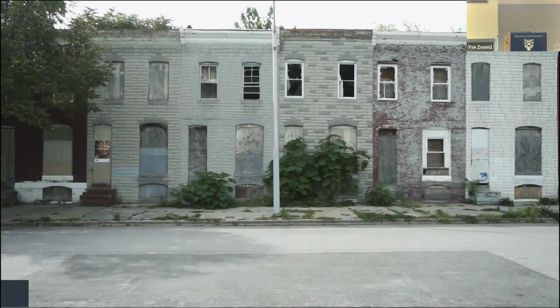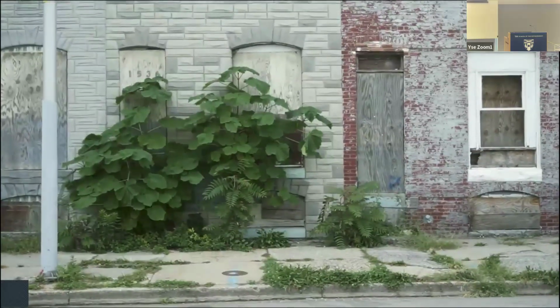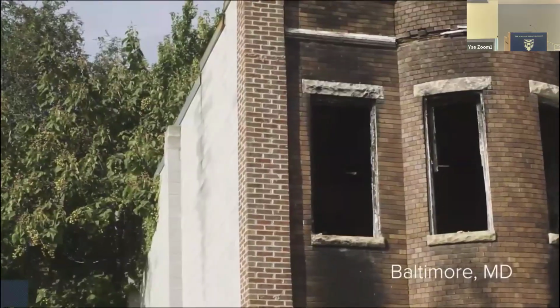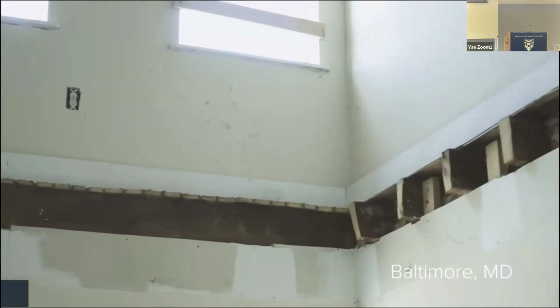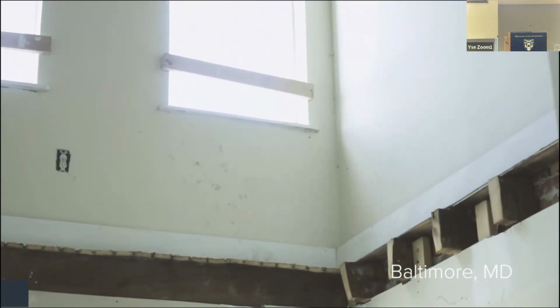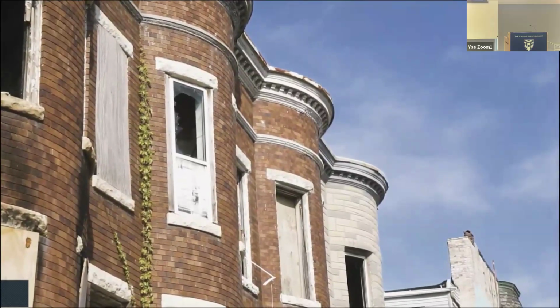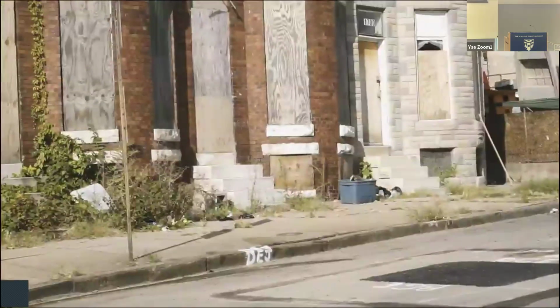There are many vacant and abandoned buildings in the city. There's a lot of value locked up in those buildings. There's an opportunity to take those buildings and to deconstruct them rather than demolish them. We see the possibility to salvage the materials in the building, and then we see what comes next for that land. And we see how we can actually turn those buildings into bright spots in the community.